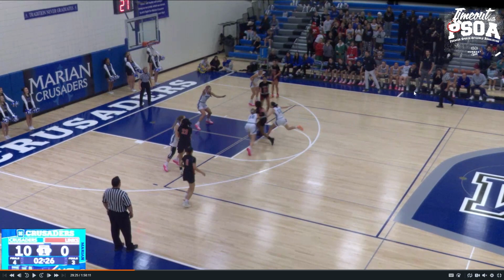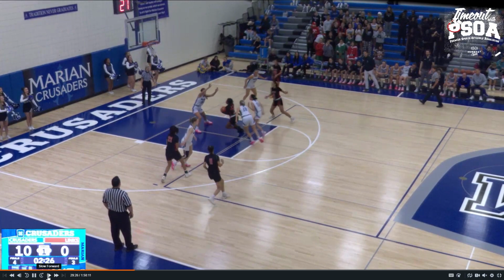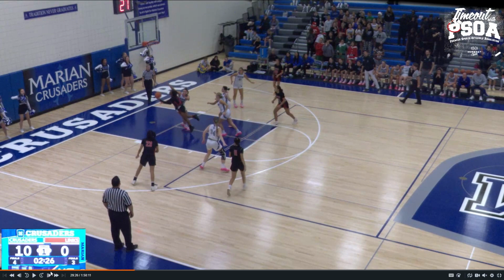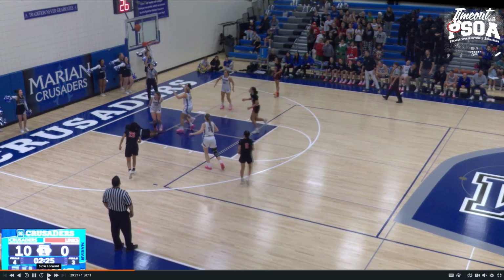Remember, trail official, primary coverage defender. Center official, primary coverage defender. Lead official, primary coverage defender. This defender is legal, 2 feet on the ground facing the opponent. They must maintain legal guarding position by making sure they get hit in the torso. We have loss of verticality, and we have head and shoulders past the defender, correctly called foul on the defense,